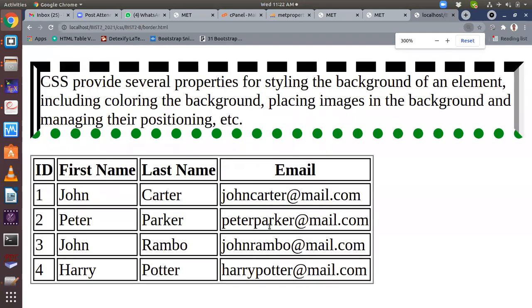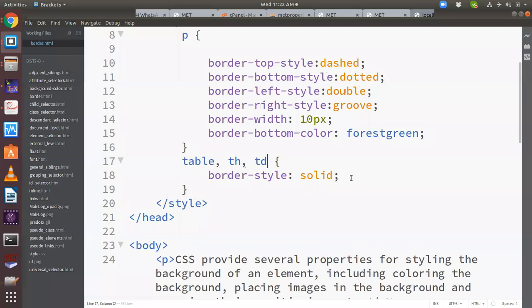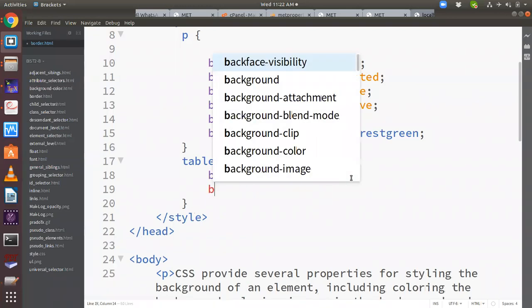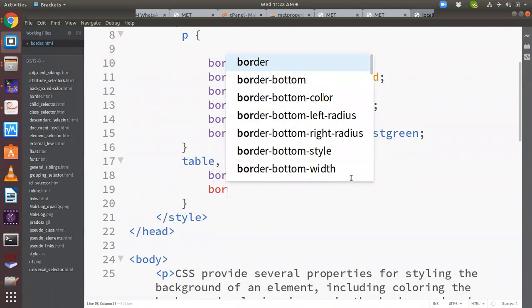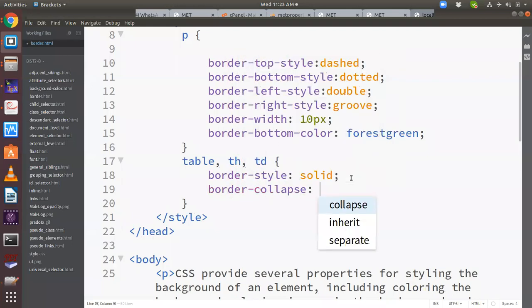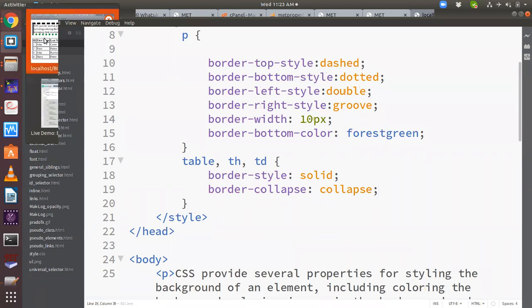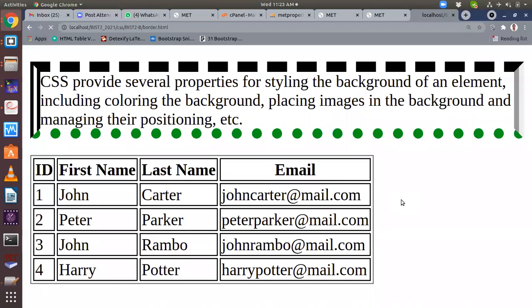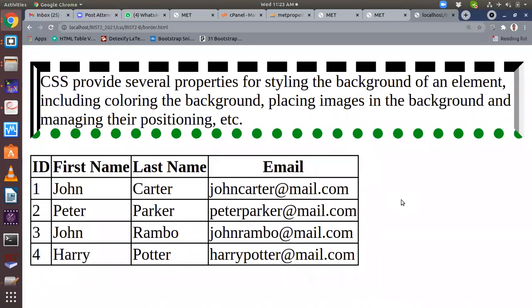Now, you could now do the border collapse. So you could say border collapse, and you say collapse. And then when you refresh your table, it would look like that. I remember someone asked me that question in class. I don't know who it was. So you see, you can have your